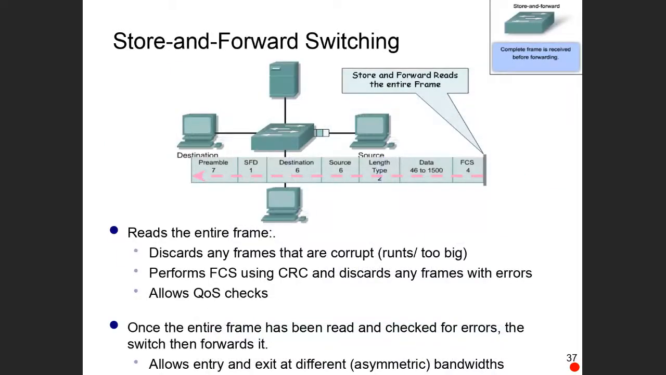So in store and forward switching, I'm going to read in the entire frame and not forward it until the entire frame is read in. So if there's any errors whatsoever, this is going to catch it because the CRCs won't match. Or it could be a collision fragment, or